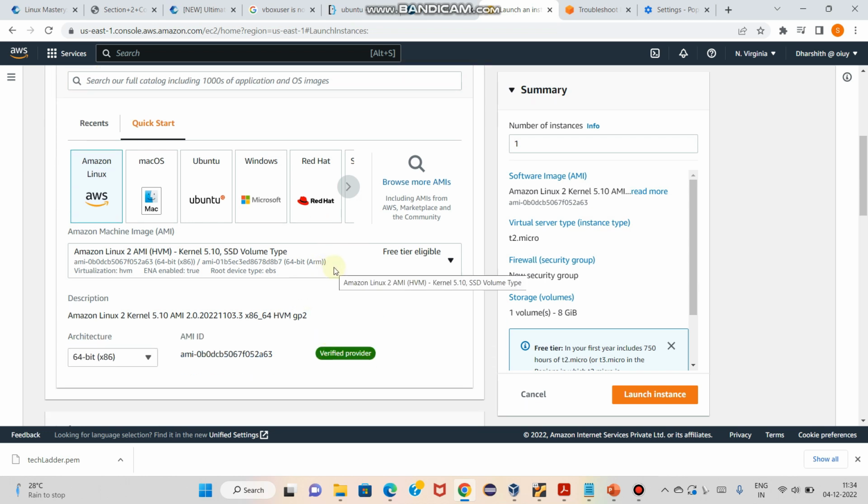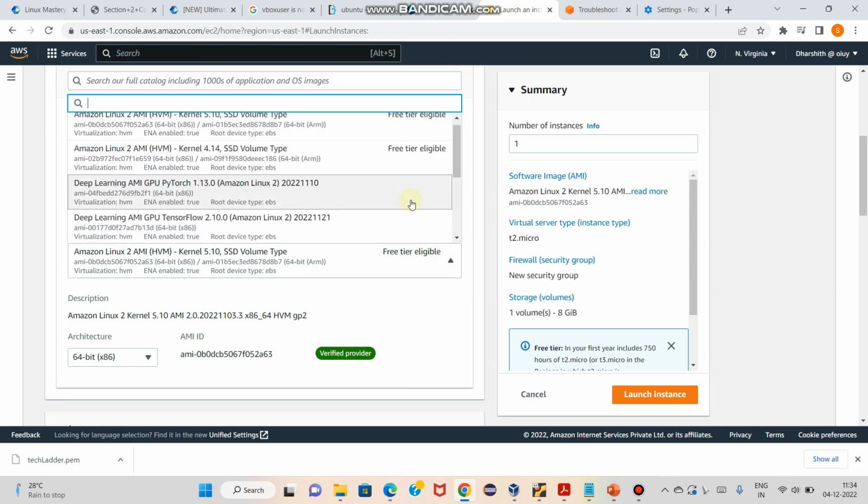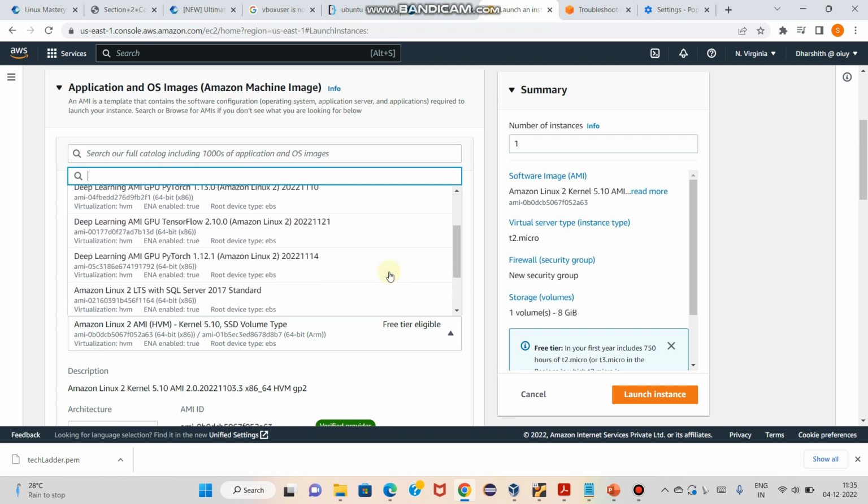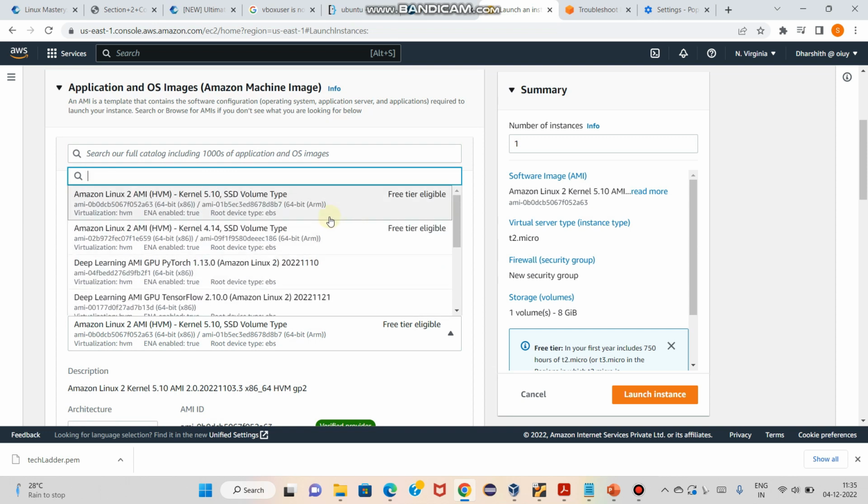Here, not everything is free to create. If you want to practice in AWS, there are certain OS images which AWS gives us free to practice. If you click on the drop down, you can see a lot of OS images here. There are two which are available as free. I am choosing AWS Linux 2